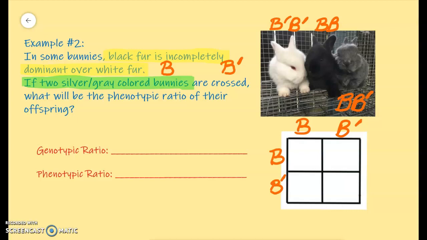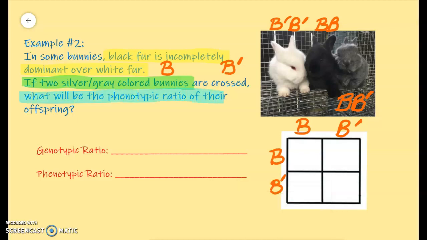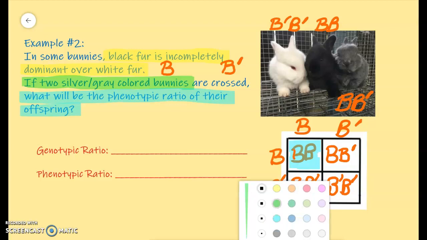Let's see what the problem now wants us to answer as we go through the rest of it. Again, what will be the phenotypic ratio of their offspring if we cross them together? So again, we'll fill out our Punnett square, big B, and this box over here, again, I'm going to put the more dominant allele in front, followed by the same capital letter with an apostrophe. Continue through. And now I can do big B apostrophe. So when we look at this Punnett square, we can take note that we have 1 genotype, that's 2 big B's. Then we're going to have